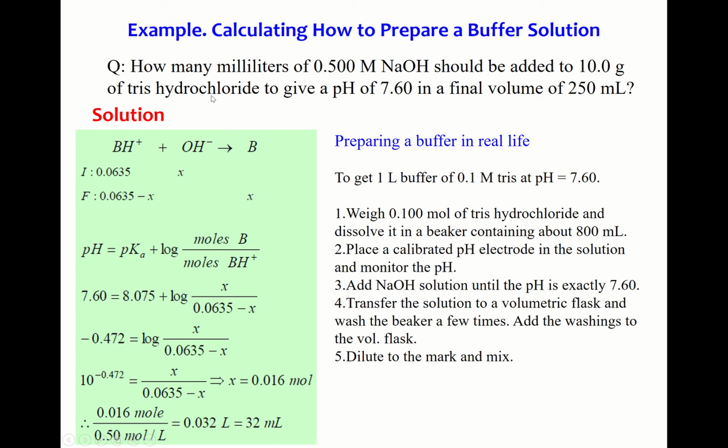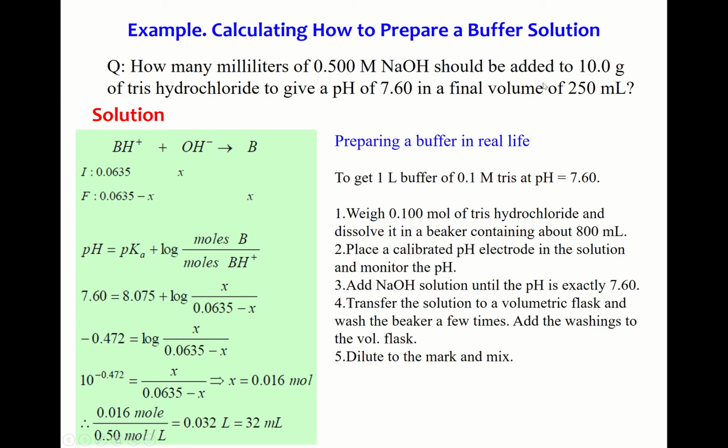So we translate this sentence into an equation. BH+ is the tris hydrochloride form, and you add a strong base, and then it completely reacts to B and H2O. So the BH+ amount will be decreased by the amount of hydroxide, and B should be increased by this amount. But since initially there is no B, only BH+, the BH+ amount